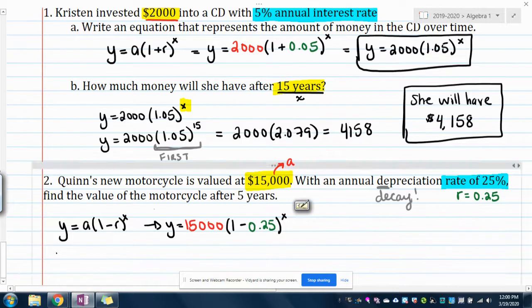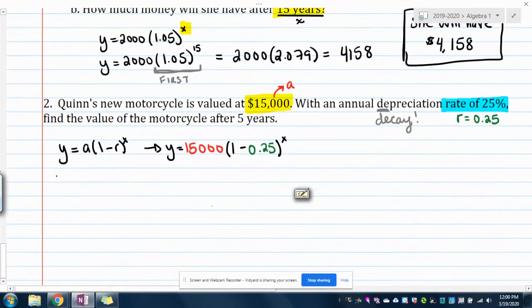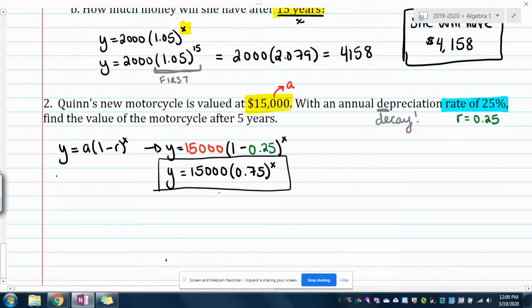And so this becomes y equals 15,000 times 0.75 to the x. This is my equation, but that's not my final answer because it asks me,